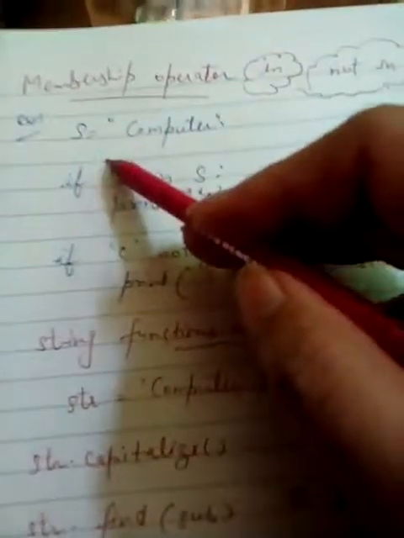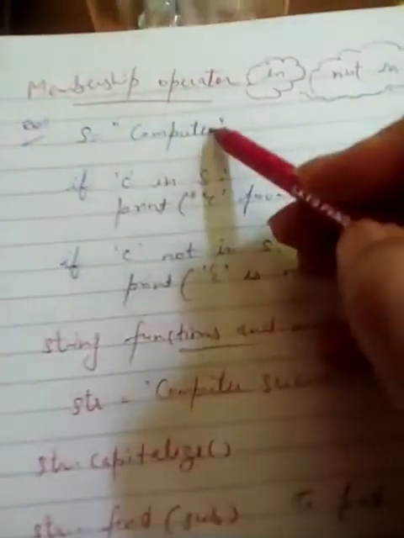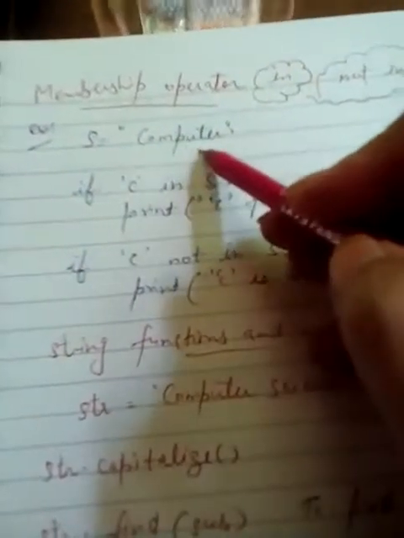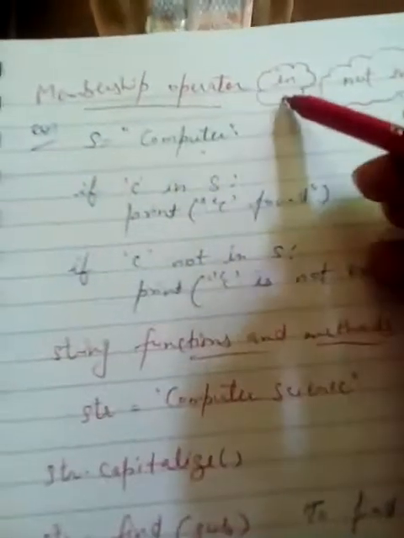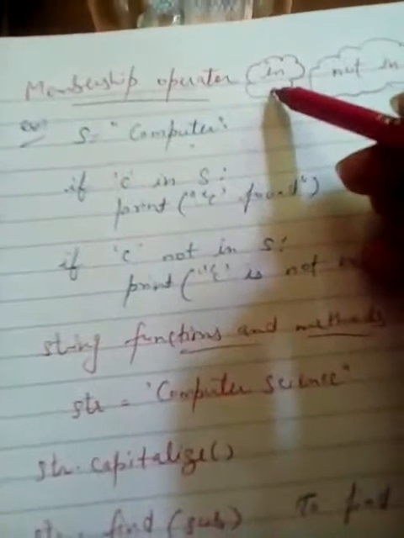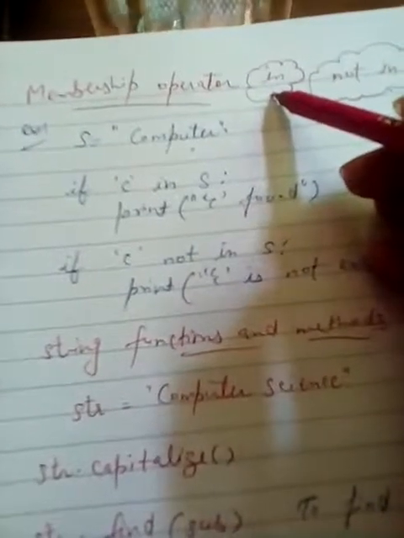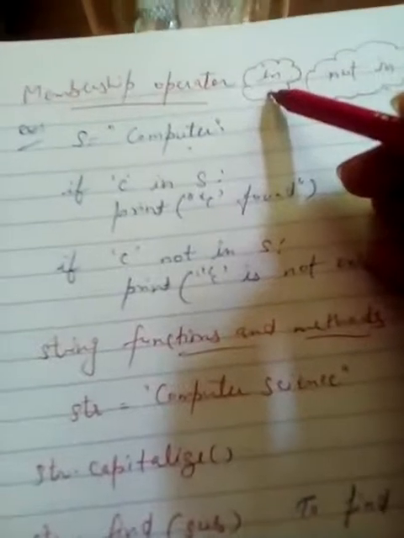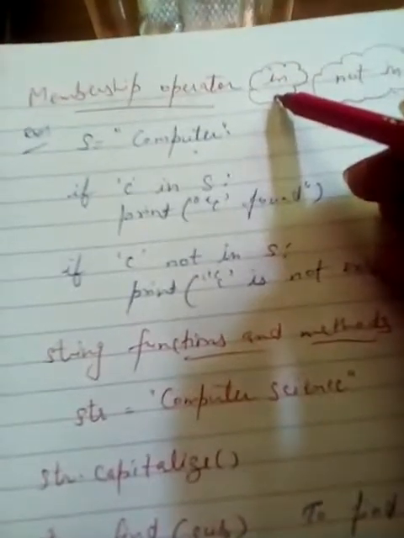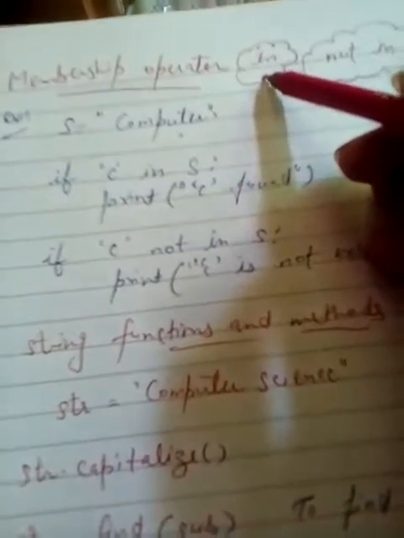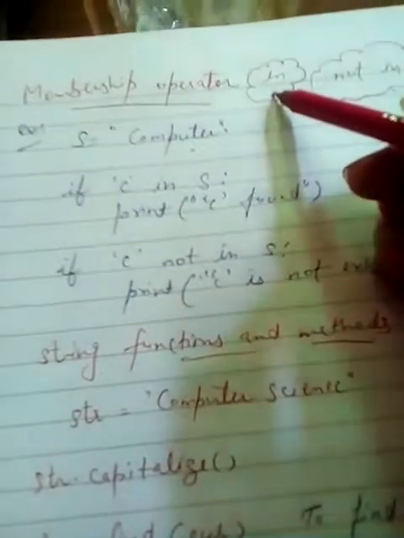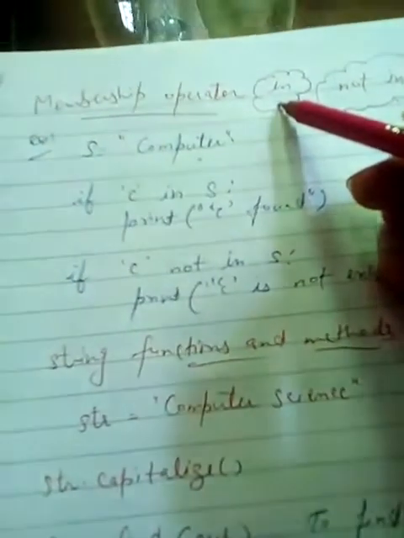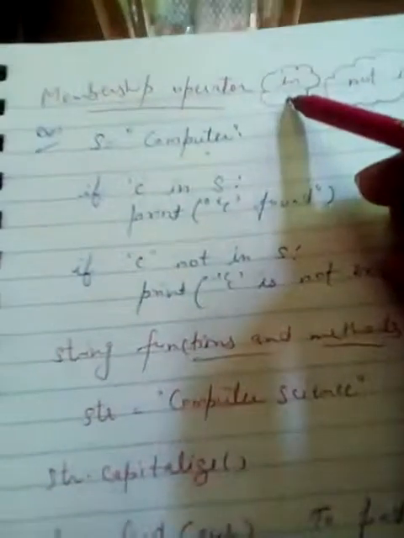Now, as we are taking a string here, that is known as computer. In this string we are taking the text as computer. So how can it be in? That means we are searching for any character or any element in the string. If we find it, then the answer would be true, otherwise it would be false. Or in case we are using an if statement, the statement would be executed or not executed. It depends on the operator there. How can it be possible? Now let's see.